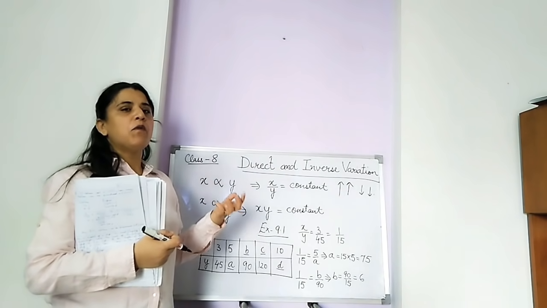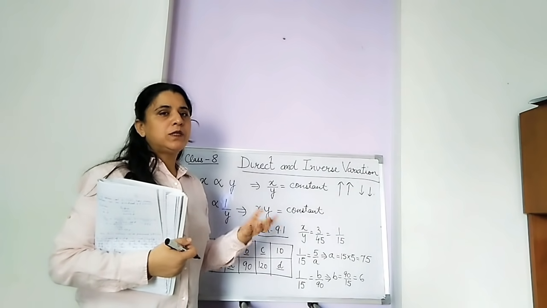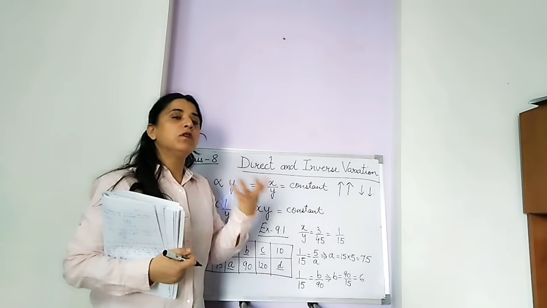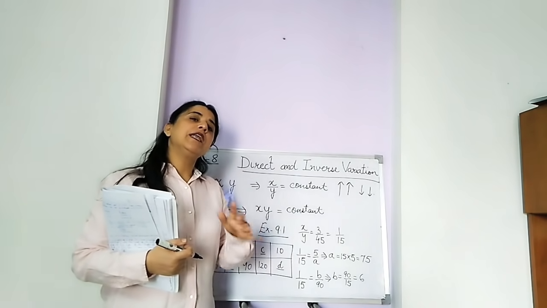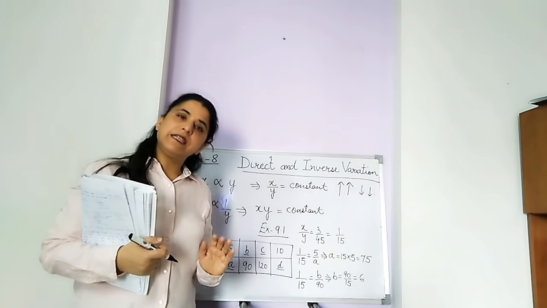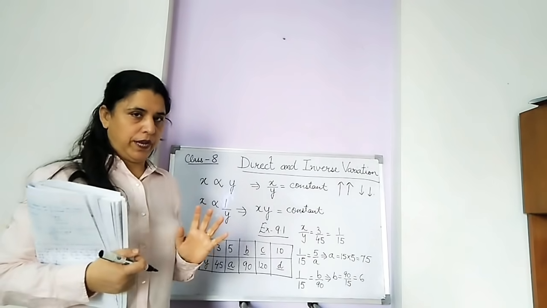You can take some more examples of this, like more work to be done. The more the work, the more time we will take. If I get more sums to do in maths, then I will take more time to do those sums. So the less the work, the less the time I will take. So these types of variations are direct variations.